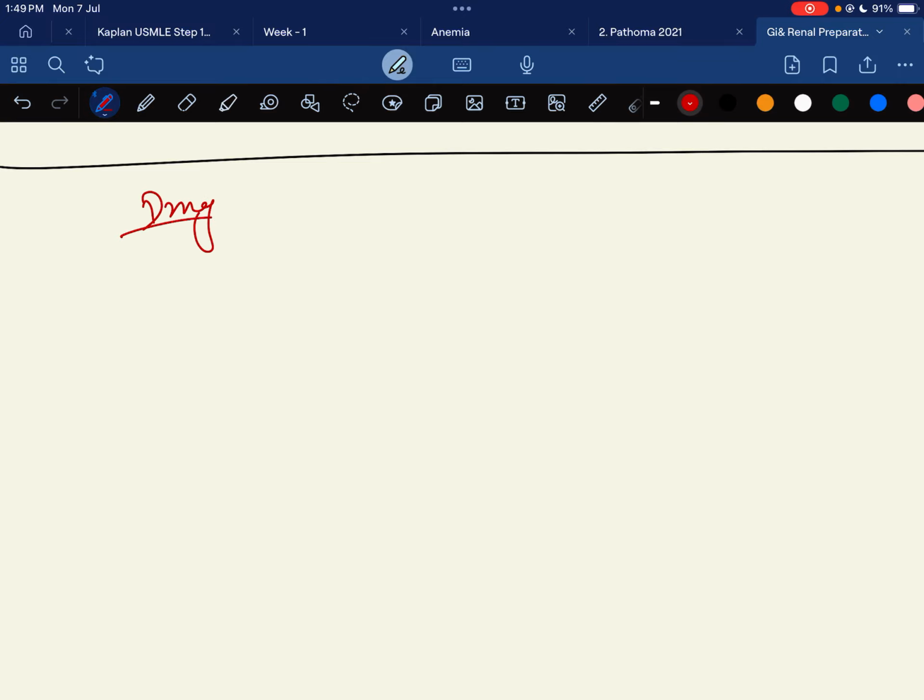Drug for peptic ulcer disease. Peptic ulcer, we are going to classify. So here is the classification based on the